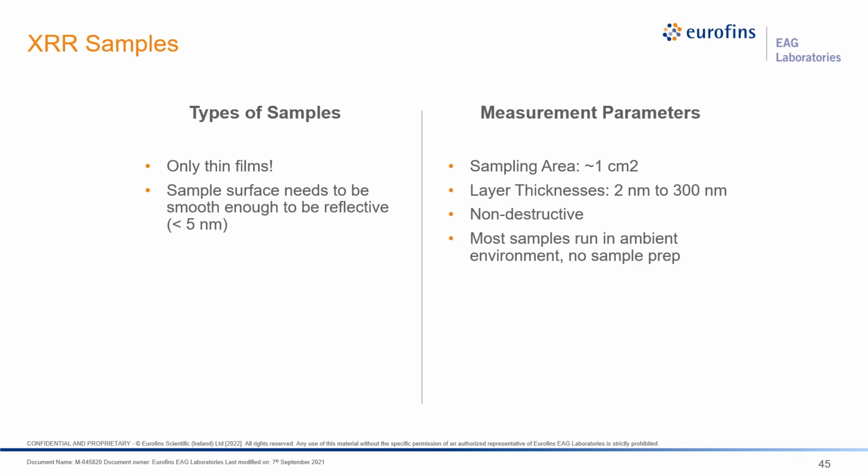As mentioned already, XRR is used to determine the layer thickness, density, and roughness of thin film samples. The ideal range of thicknesses is somewhere between 2 nanometers and 300 nanometers. Below a few nanometers, roughness on the same order as the layer thickness becomes an issue, and the film layer can become non-continuous. Above 300 nanometers, the instrument resolution becomes a problem, and while we can still extract some information,